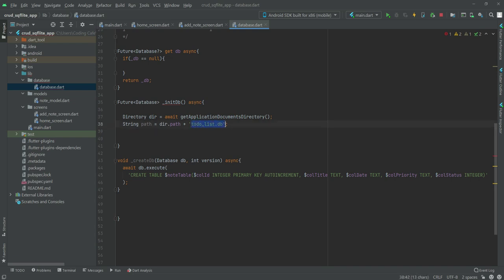This will be our file name, todo_list.db.